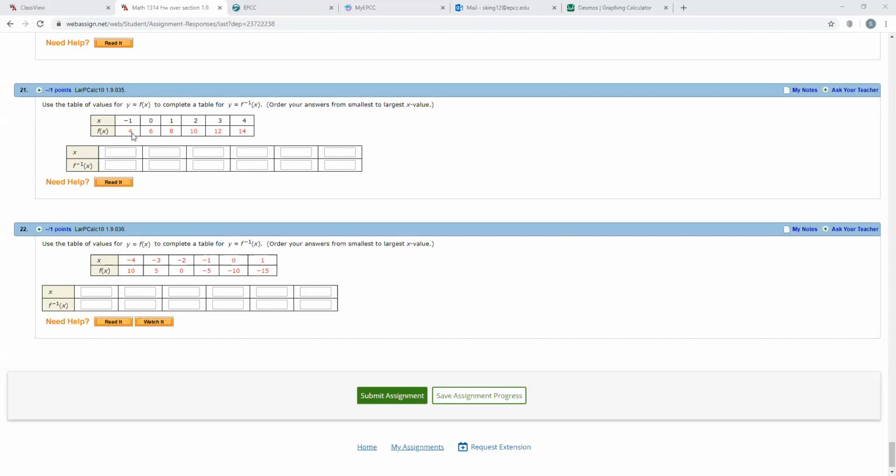So if -1, 4, and let's just pretend this is 4, that's a point that's on the function f,